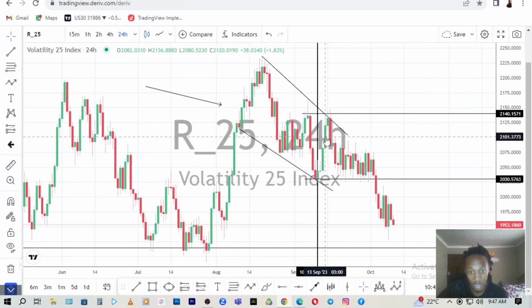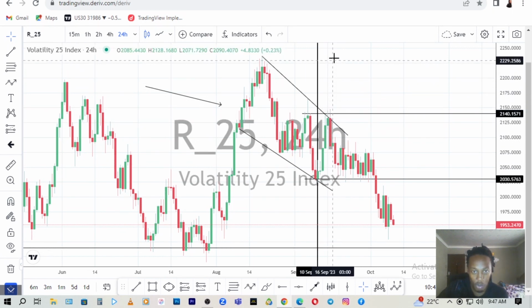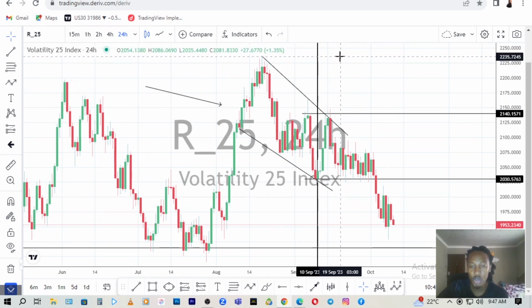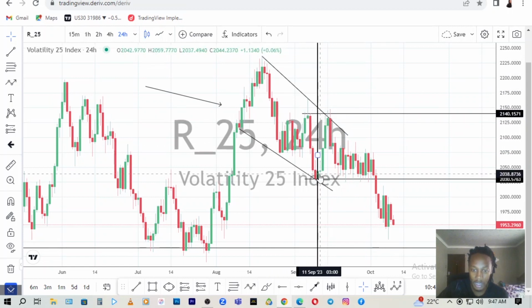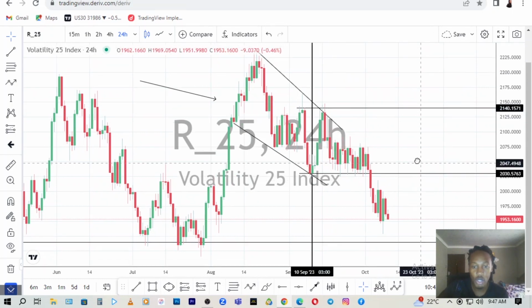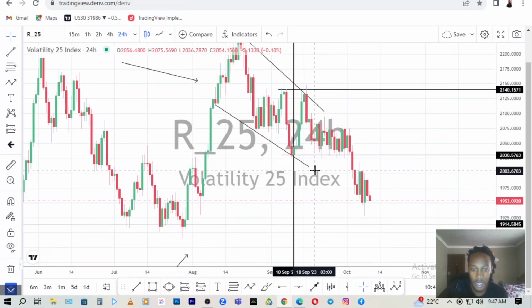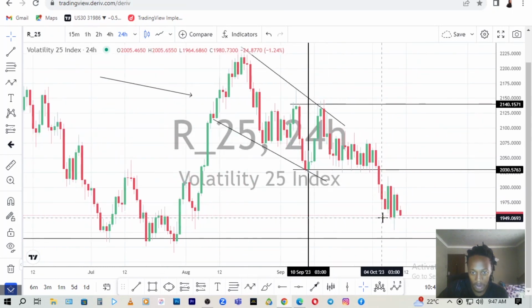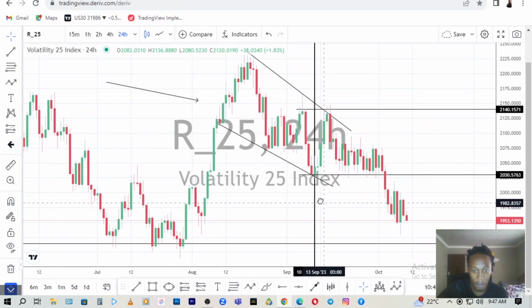So as a safe trader, you know that if you bought here, you exit here, you wait for the market to cross this level. Then if ever it crosses it, you're aiming for the market to come here. So overall, it didn't go our direction. But if you took an entry here, if you know how I trade, you would have taken your TP here and waited for the market to cross this level and retest. Then that's your entry. So for now, the buyers,